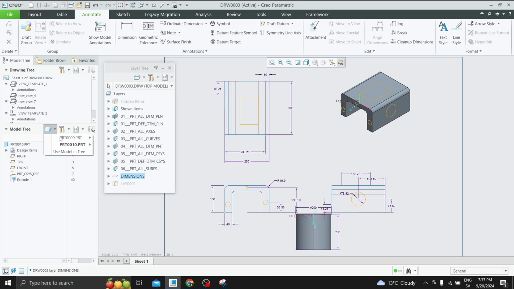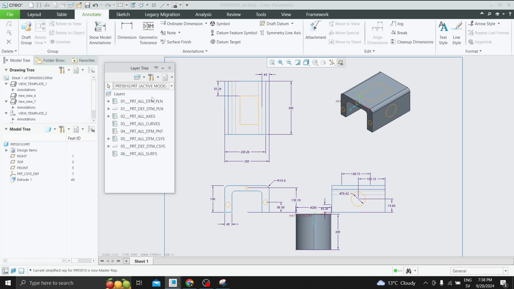If you go here, you can see my model 10 is the master rep. If you select master rep as your active model here, and you try to hide these planes, we are just hiding the planes of model 10, which is the active one. If you say dimensions, we don't have dimensions now. When you say hide that,